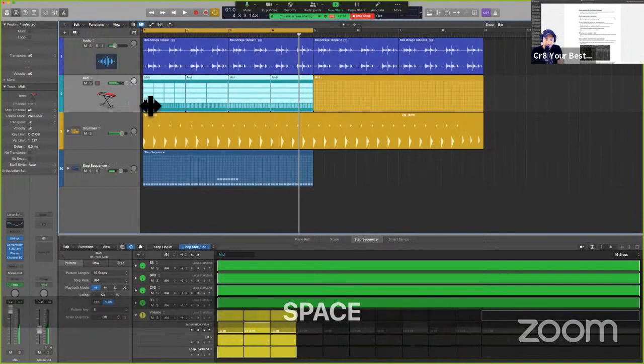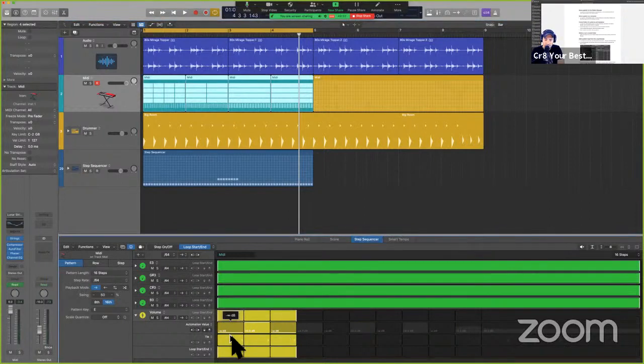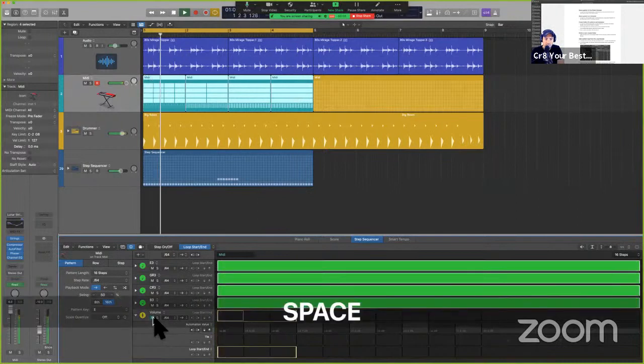Now, if you don't remember how I got that sound, I essentially created a volume automation row. You can check the last video for reference. And I'm just creating different automation values by way of volume. You see here I have 0, and then here I have plus 6 dB or something. And so it's just following this. If I take this out,